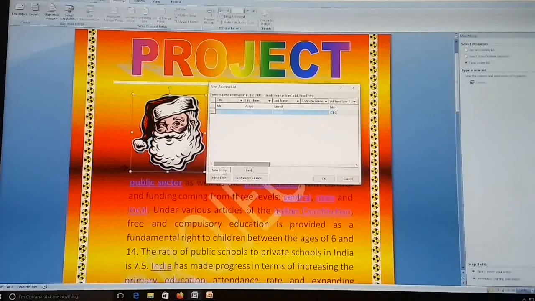Like this, click new entry for as many recipients as you want to send your letter to. Just give the address, then click the OK button.